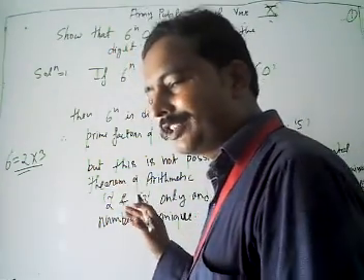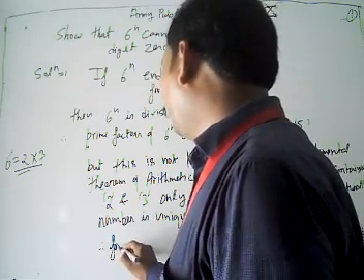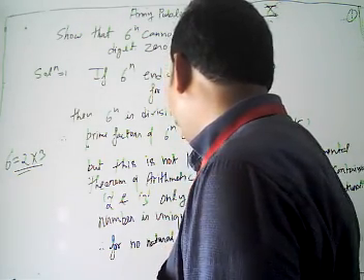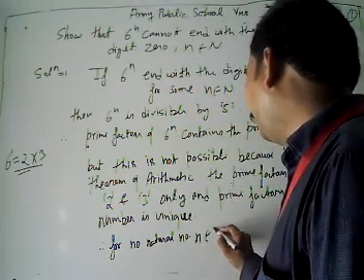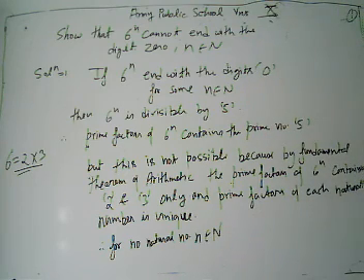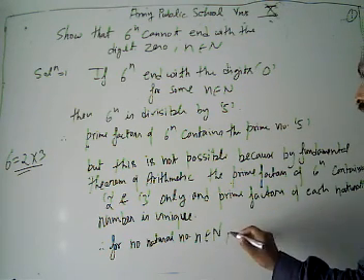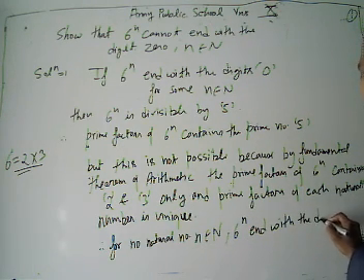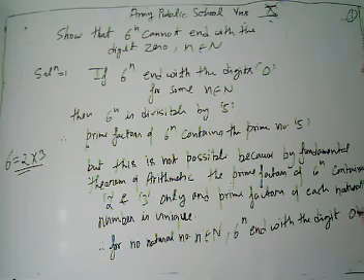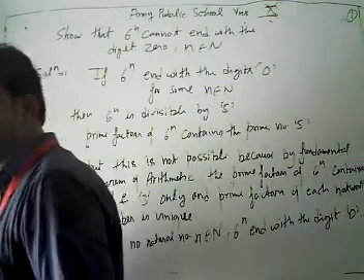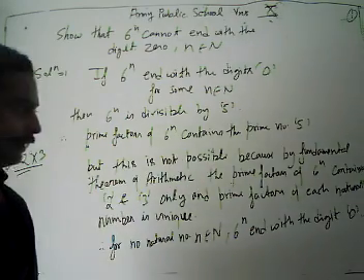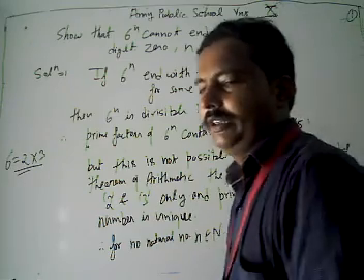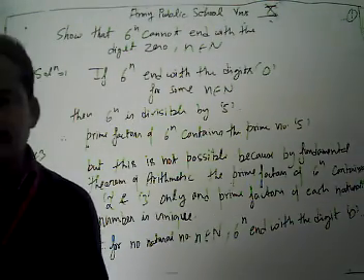Then what is our last statement? Therefore, there is no natural number n belongs to N for which 6 to power n ends with the digit 0. Now look, this is the way of writing. If you are able to understand the concept, then you can also write it in your own words easily there. You can verify that.